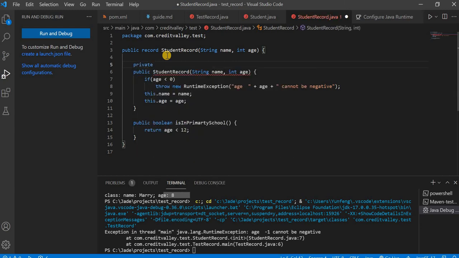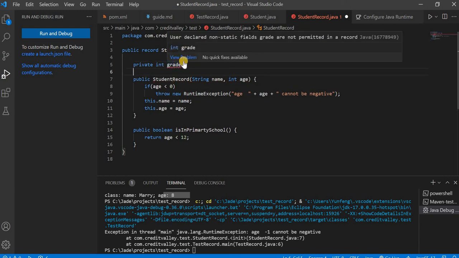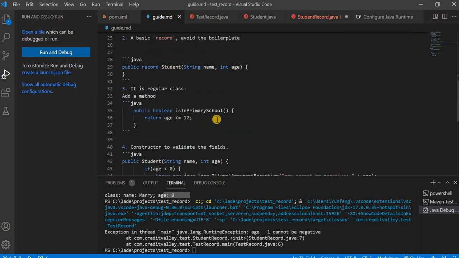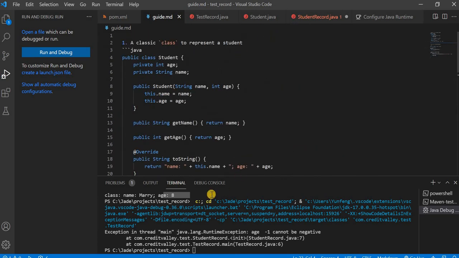Say if we want to add a grade, then it will report the problem: user declared non-static fields are not permitted in the record. This is pretty